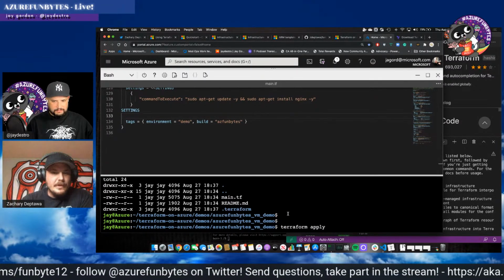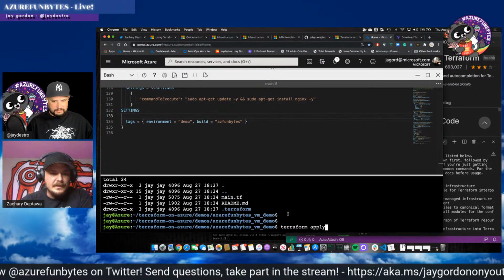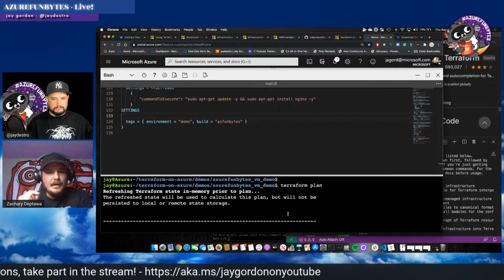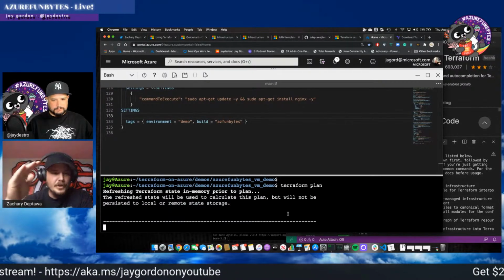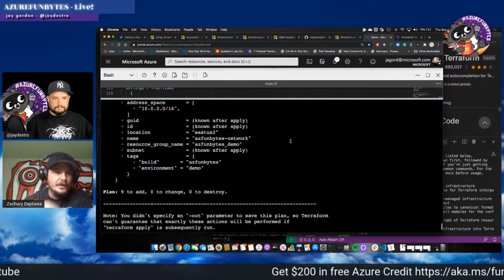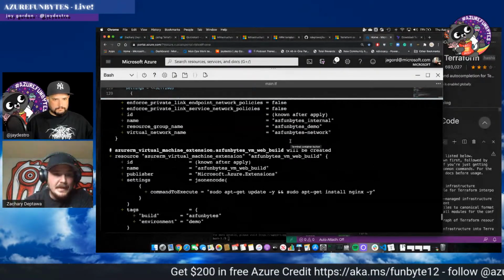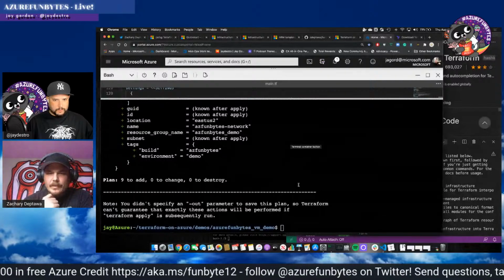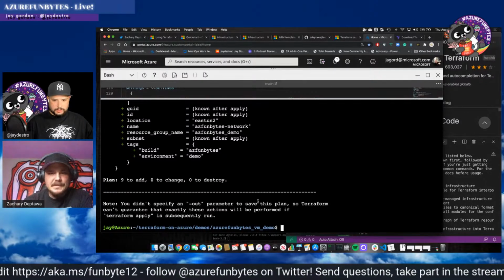What I would recommend doing first is a Terraform plan. When you do a Terraform apply, it's going to run a plan anyway. But a Terraform plan will show you this is your current state, which yours is going to be nothing, and we're going to create everything. You can see that it outputs literally everything that's about to happen. The cool thing that I want to mention about a Terraform plan is you can actually send this